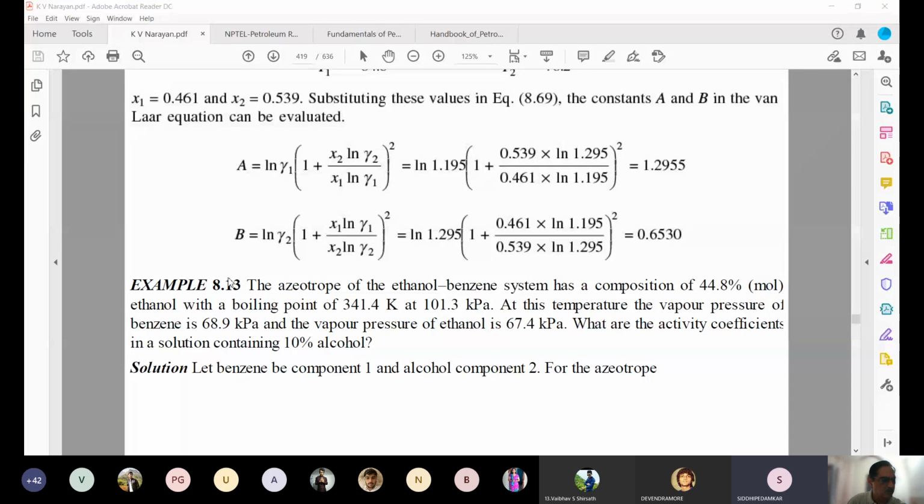सर, बेंजीन का 80.1 डिग्री सेल्सियस और इथेनॉल का 78.7। ठीक है, तो x1, कंपोनेंट 1 क्या रहेगा? इथेनॉल। ओके, और कंपोनेंट 2 क्या रहेगा? बेंजीन।